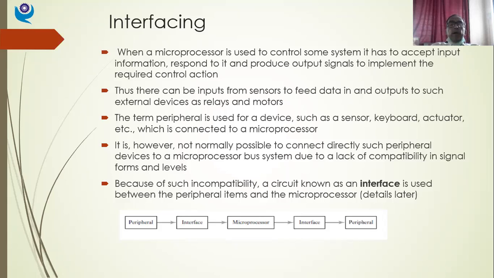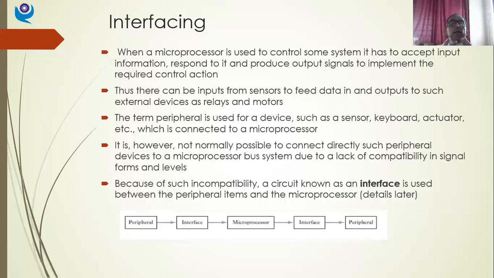It is, however, not normally possible to connect such peripheral devices directly to a microprocessor bus system due to a lack of compatibility in signal forms and levels, isn't it? The signal generated by my peripheral devices may not be compatible with the microprocessor.